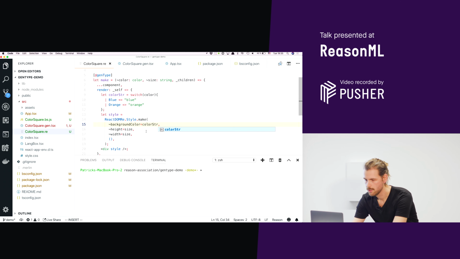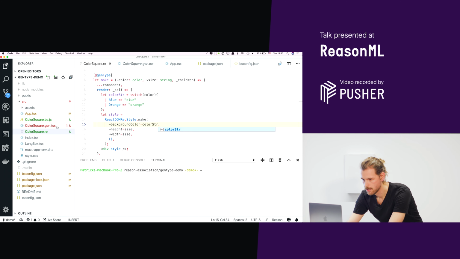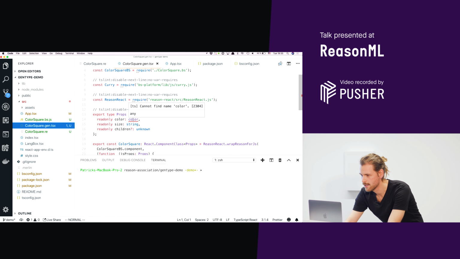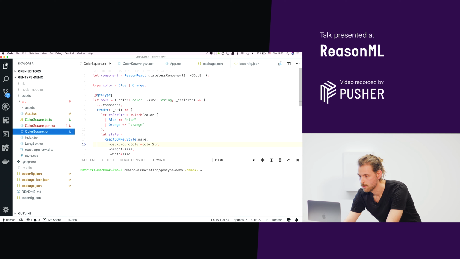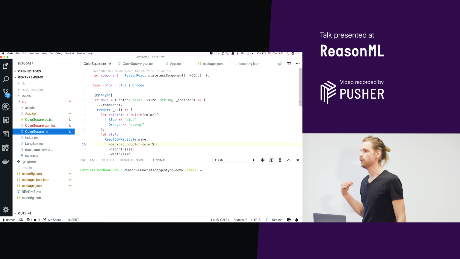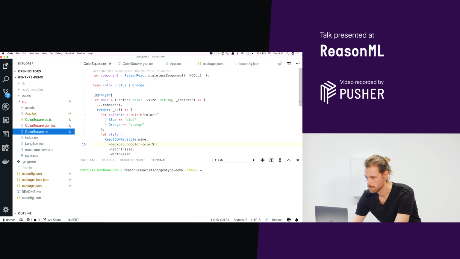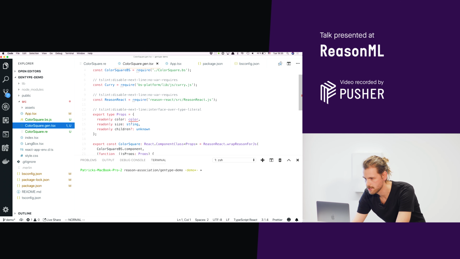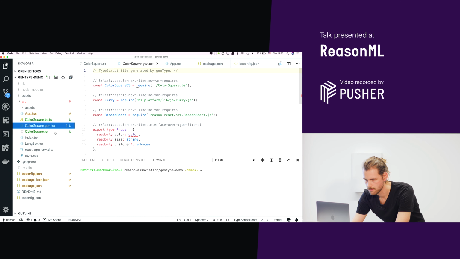You compile it. It will generate a new genType file, but here we will get an error actually. Cannot find name color, and that's right. Because we didn't tell genType what color is. You need to be very explicit about that. So what we need to do here is we just add genType here as well. So genType will pick it up, will export it, and hopefully